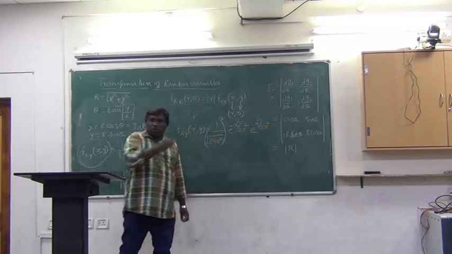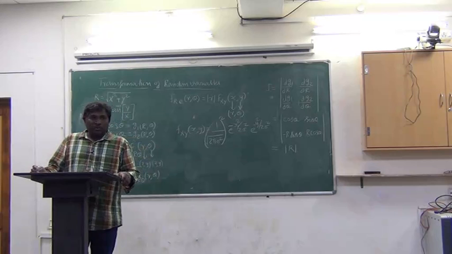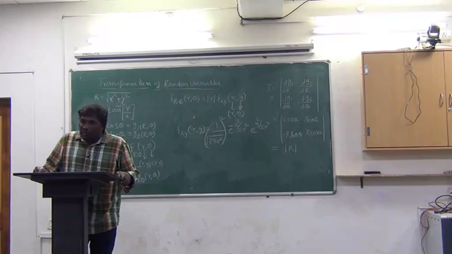We have assumed that the mean of x and y is 0, variance sigma square. Both are Gaussian distributed, right? And of course they are uncorrelated and independent,